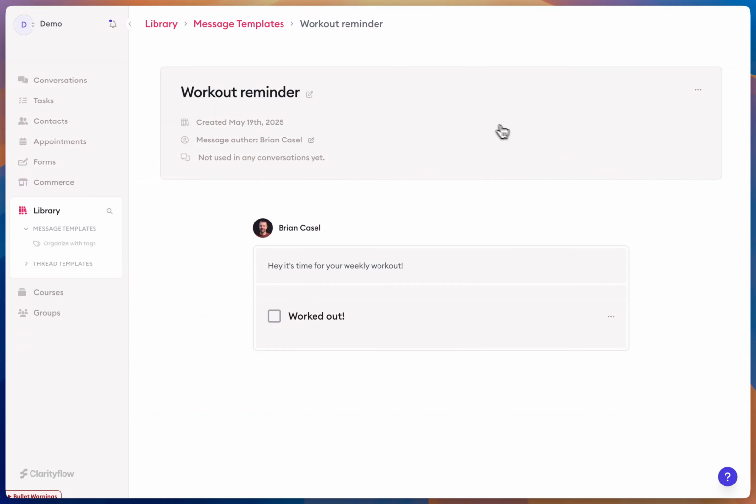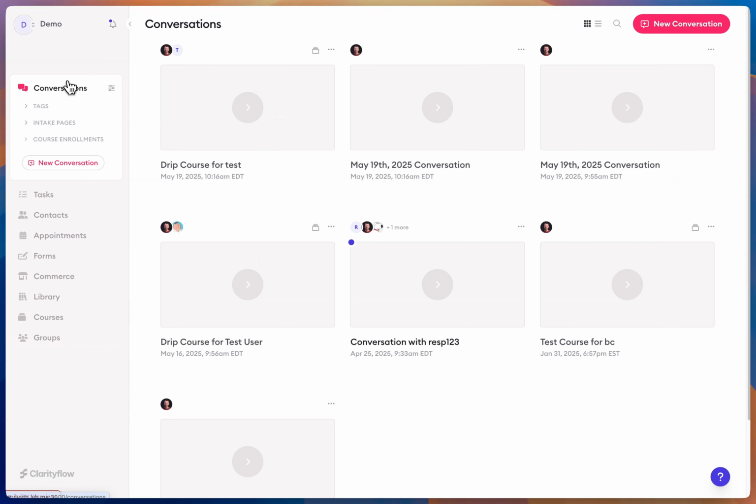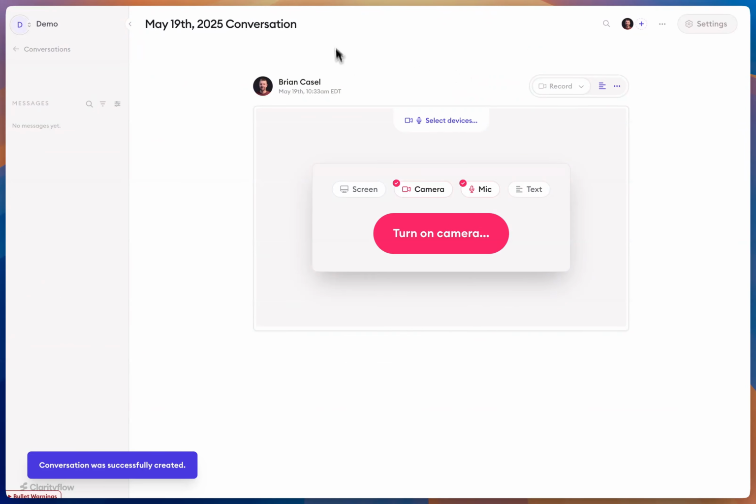So now I have this message template called workout reminder. It has a small message here. It's got a little task. This is ready to be used in any conversation. It's also ready to be used in any automation workflow, and I could also add it to courses. So I'm going to start by just creating a simple conversation. Let's pretend that I'm in this conversation with a client. So currently it's just me, but let's say I was in this conversation with another client,